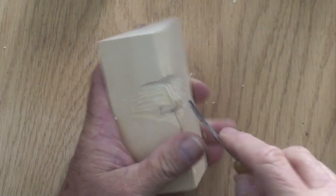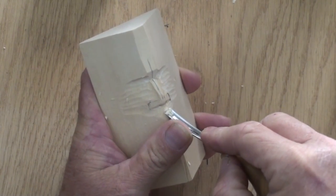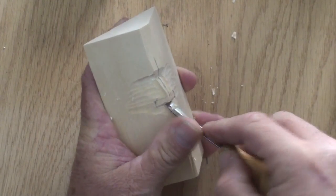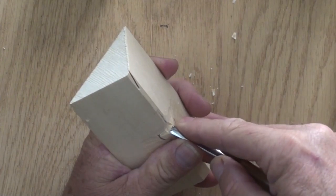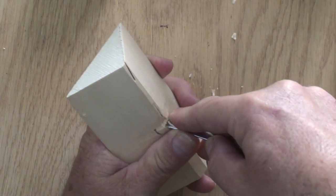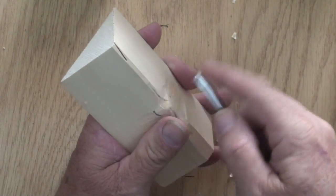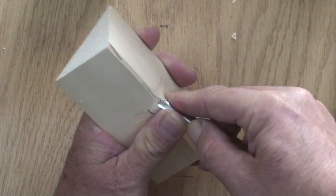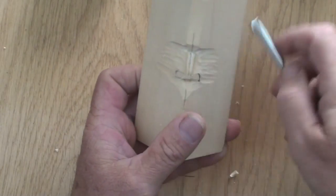Then I'm going to come right back around on this side, and I'm just going to take a chip out of there for right now. Just to kind of start isolating the ball of that nose. Okay, I'm going to work on it just a little bit more here. You're not going to get this all in one fell swoop, so you have to kind of come back and work on it a little bit. And you can work on it a little bit more later. But I want to establish the ball of that nose, and once again it needs to be centered with that